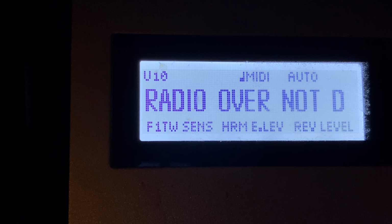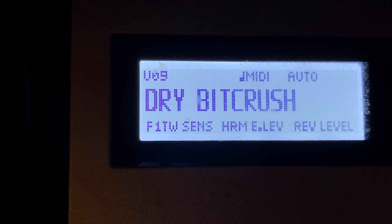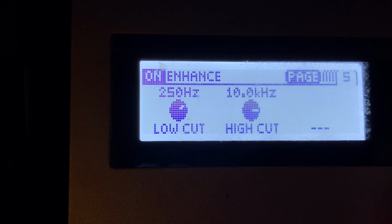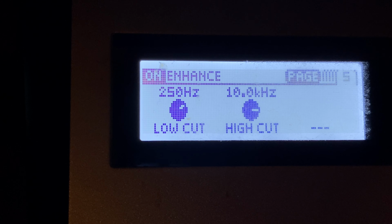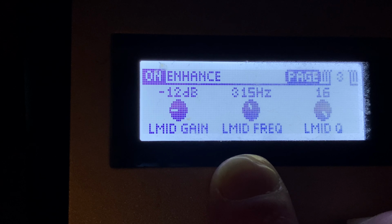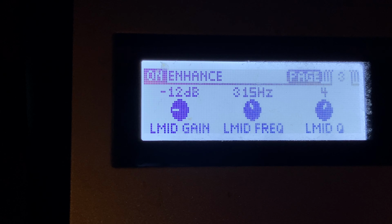Let's go down to the most interesting one, which is this guy here. So I'm just going to change the mode. We're going to dive into the patch, and there may be some subtle differences in here. I think I might have narrowed the frequencies here, where I've taken a low cut to 250 and a high cut to 10. The 5K is left the same, but I'm taking a cut at 315 here, minus 12 dB on a very tight Q. And if I open this Q up, my voice will slowly, that end of it will fall apart,